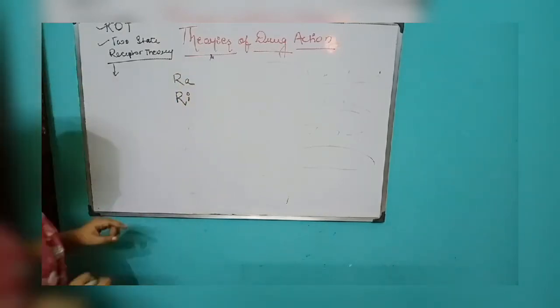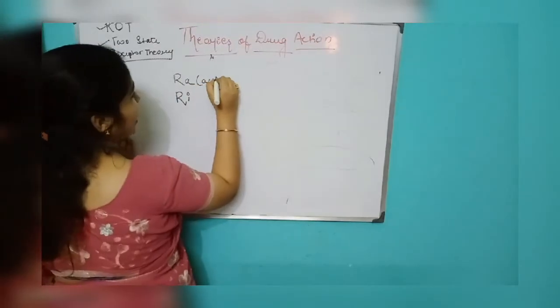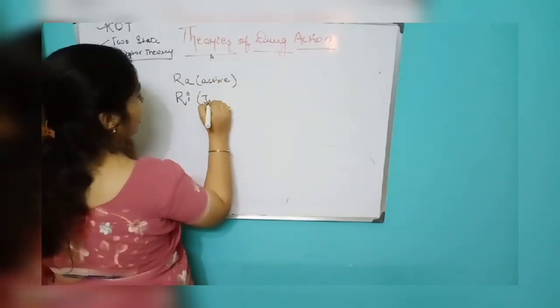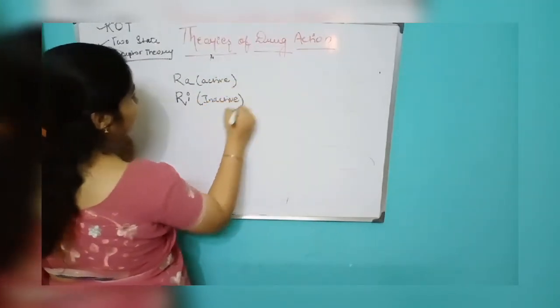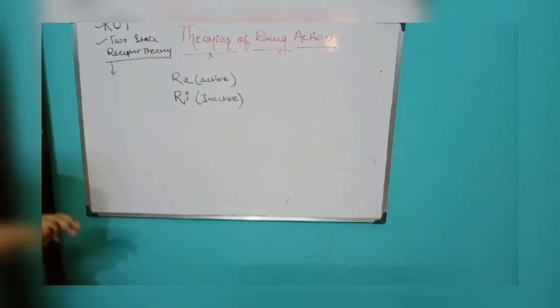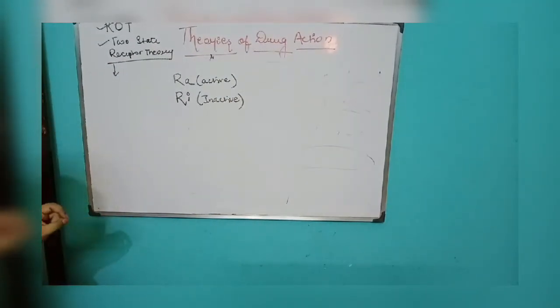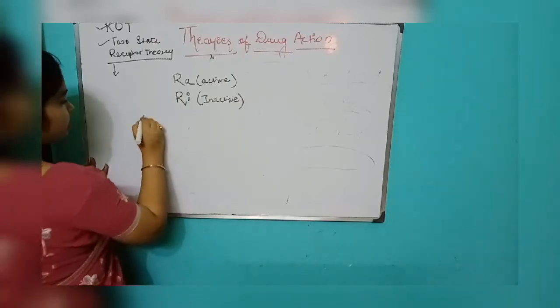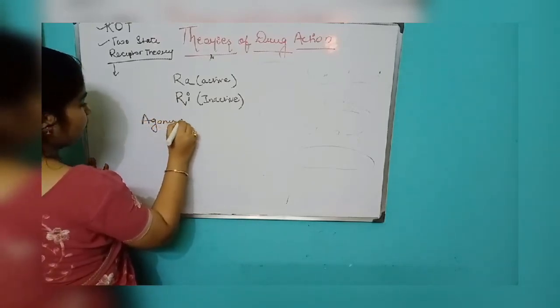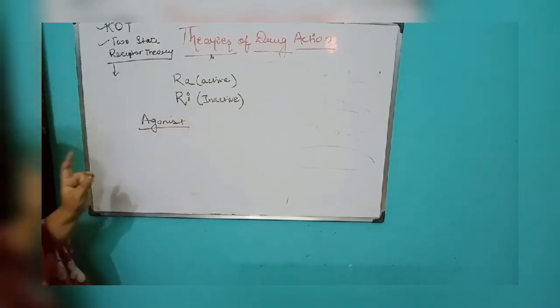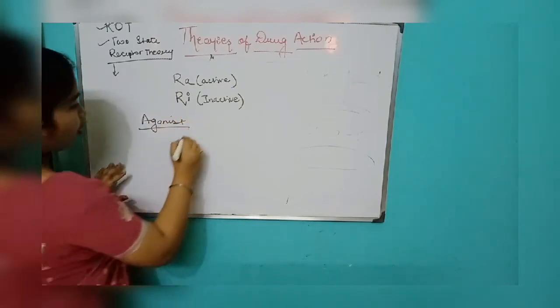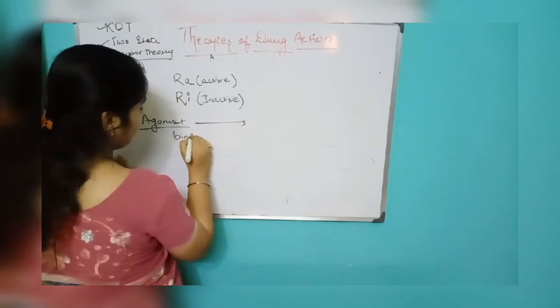RA is termed as active, RI is termed as inactive, right? So when it comes into your equilibrium state, for example, there are agonists. What agonists do is, agonists bind with